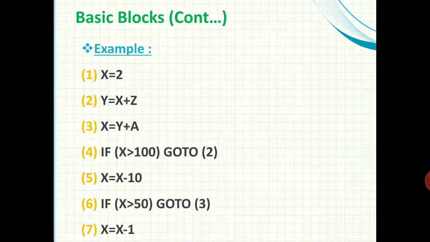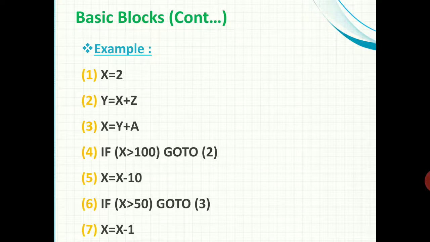Sometimes we can group all the set of statements into one group. So here we are checking whether we can include the maximum set of instructions in a basic block or not. If it is possible, then we will include the maximum number of 3 address code instructions in a single block. Otherwise, we will split into different blocks. First of all, by analyzing the code, you can say that there are two go-to statements. That is, the fourth statement, if x greater than 100, go to statement 2.